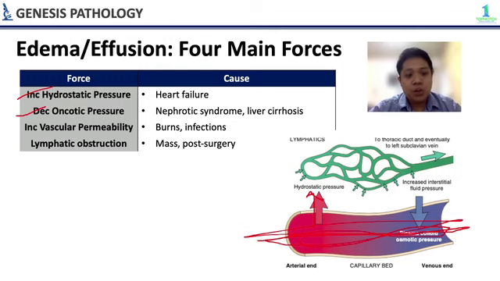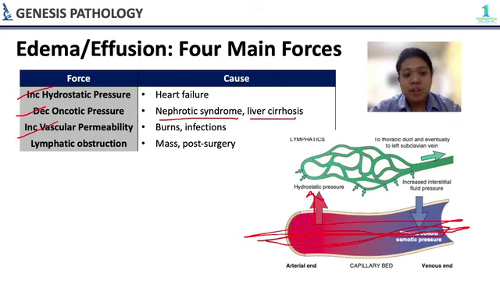Next, you have your decreased oncotic pressure. So, in cases of nephrotic syndrome and liver cirrhosis, so di ba nawawala ang albumin? So, our body loses albumin in nephrotic syndrome or doesn't produce albumin in liver cirrhosis. So, because of that, walang anything that will keep the blood inside the capillary. So, mag-extravasate siya. So, nagkakaroon ng ascites, nagkakaroon ng pulmonary effusion, nagkakaroon ng edema sa extremities kapag meron tayong ganitong conditions, nephrotic syndrome and liver cirrhosis.